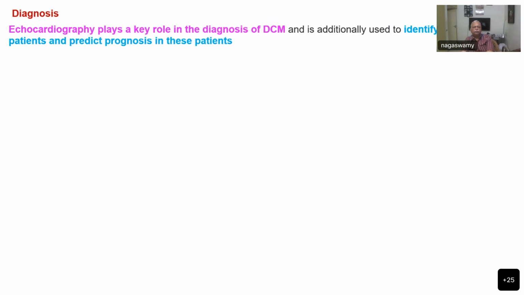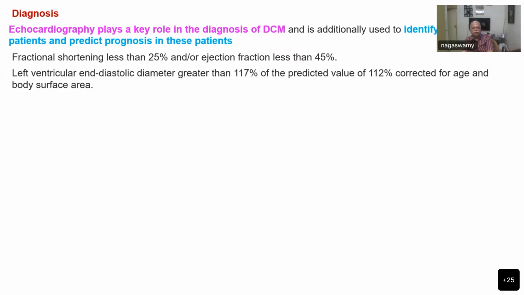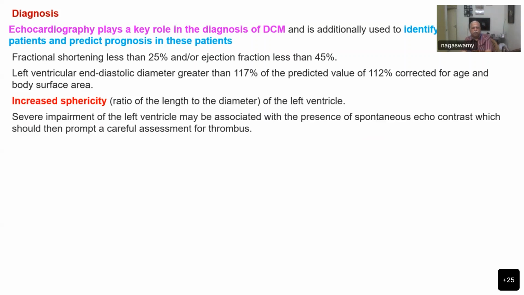Sir. The fractional shortening of less than 25% and or ejection fraction less than 45% is the first finding that you will get. Then left ventricular end diastolic diameter should be greater than 117% of the predicted value of 112% corrected for body surface area, and increased sphericity, that is ratio of length to diameter of the ventricle, and severe impairment of left ventricle may be associated with presence of spontaneous echo contrast, which should then prompt a careful assessment